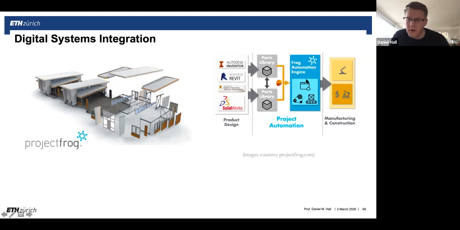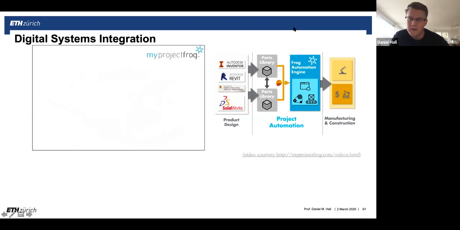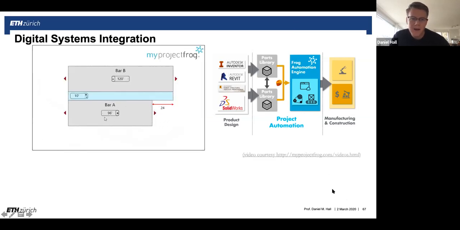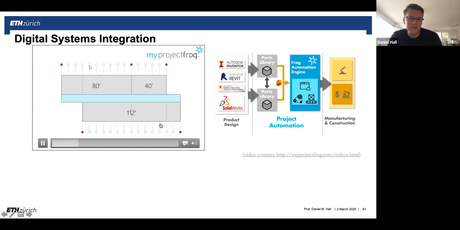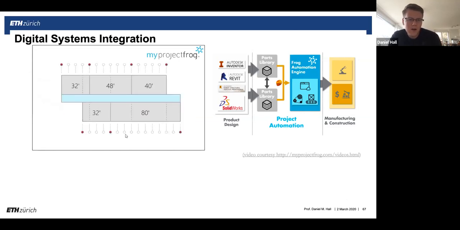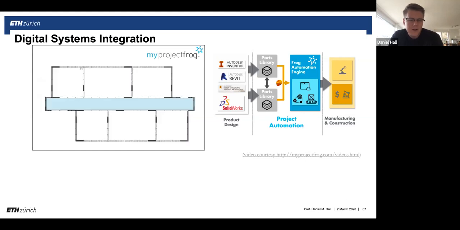I think you can just go there right now and even download their configurator and play around with it if you want. But this is what it does. So you go in there, and I showed this video in the first class, and you just put your walls in place. You decide where you want things to go. It's very lightweight. In this case, it was on a 4-foot grid. So there are very strict rules about how it works, but still there's a lot of flexibility.